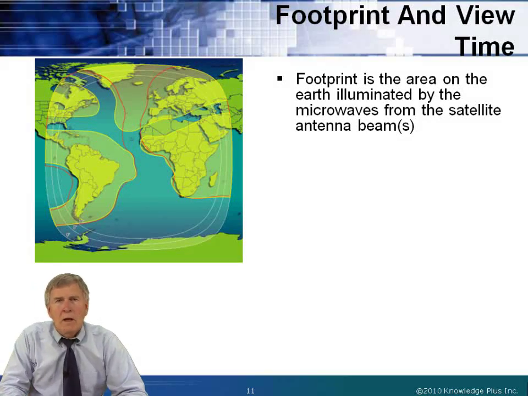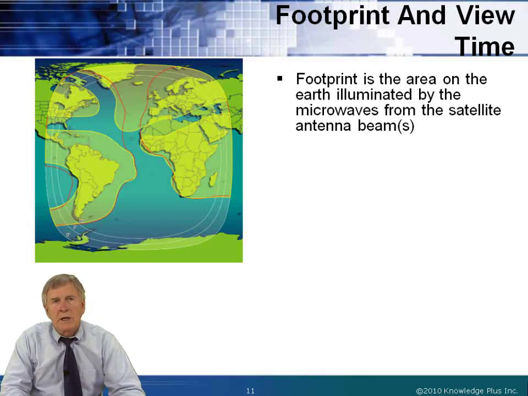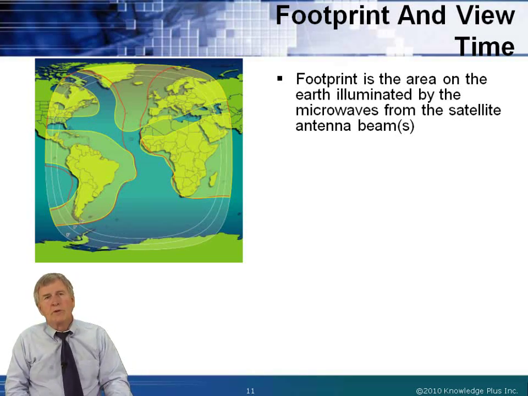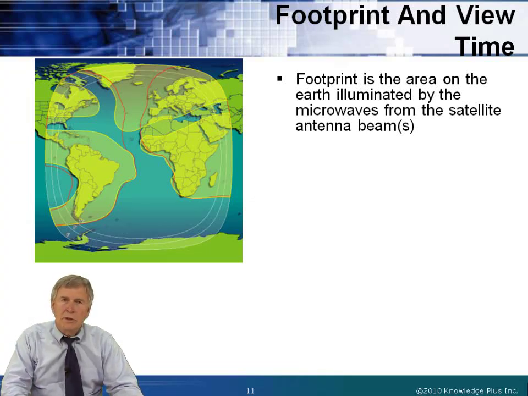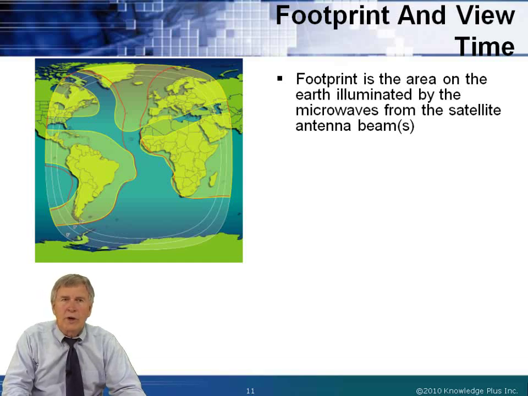So the footprint is the coverage area on the Earth as set up by the antenna systems on board the satellites. And this used to be a fairly lucrative business for the satellite designers, to be able to customize the beam shapes before the satellite was launched. We wanted to minimize having too much electronics on board for on-the-fly configurations. So this was done before the satellites were launched, and we wanted to ensure that we had good signal strengths on